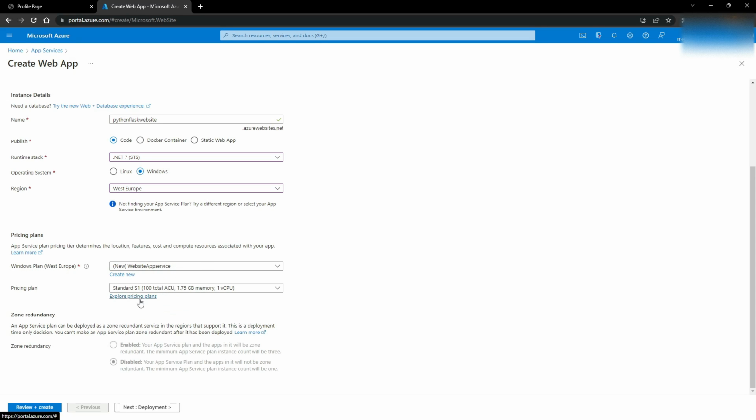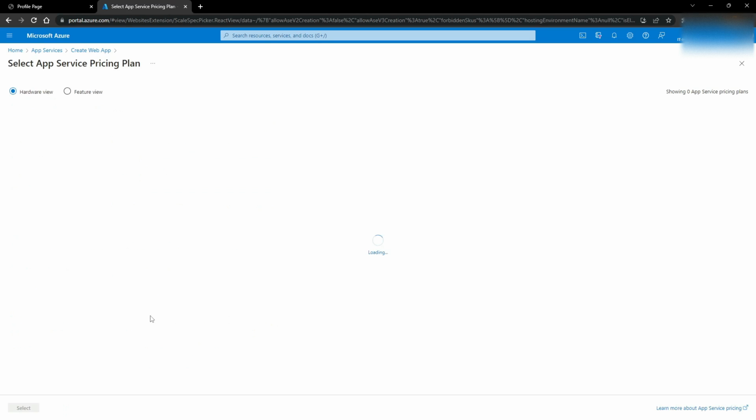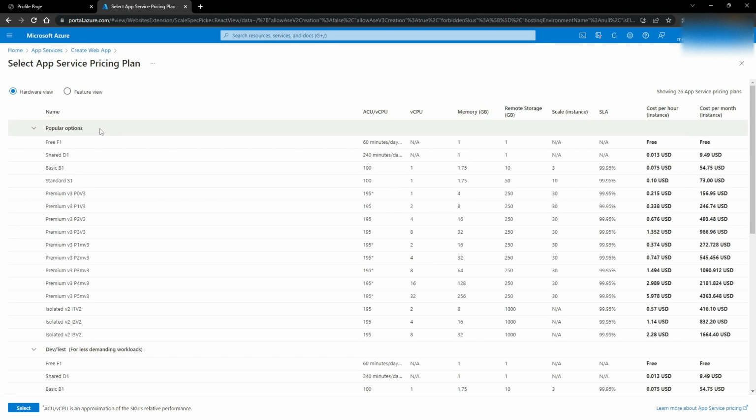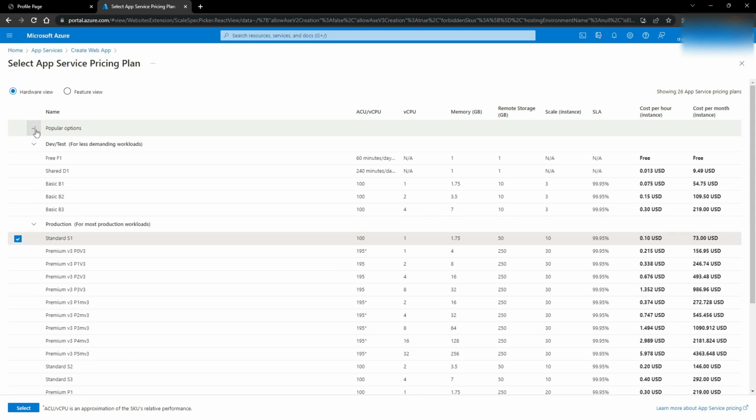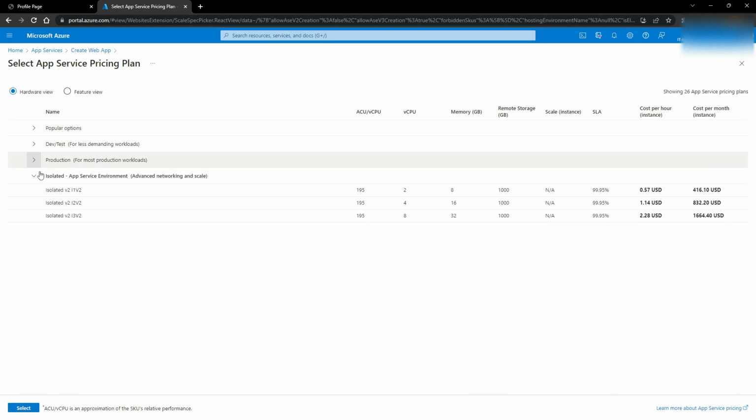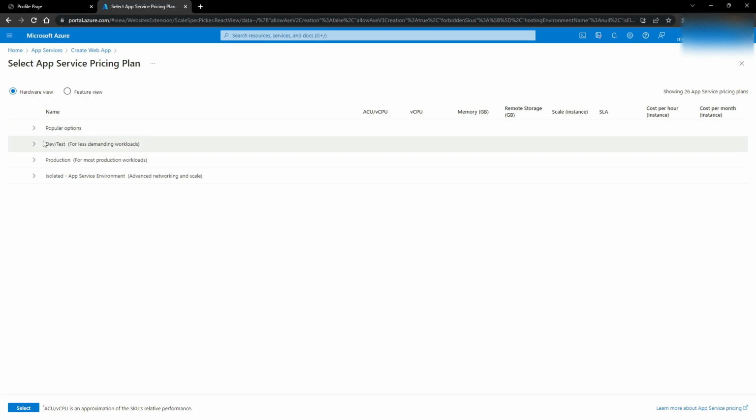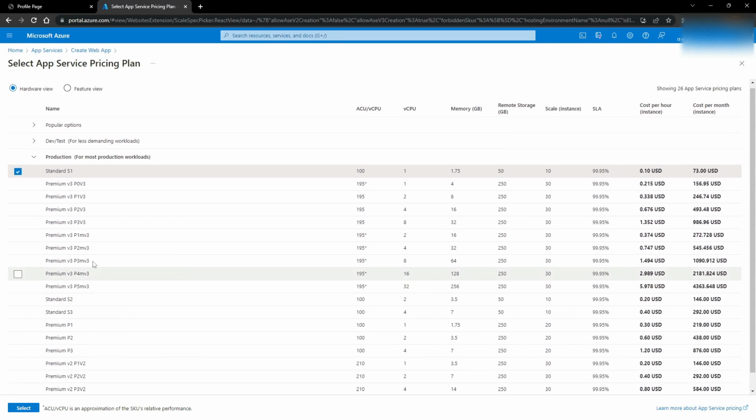And now I need to choose what kind of hardware I want. Well, we can press explore, and then we can see all the offerings that exist. So we have some different categories of hardware. We have popular options, dev test. This is good if you're developing for yourself or for a friend or just testing. This is for production. So if you have a customer, then you're going to want to use a production tier